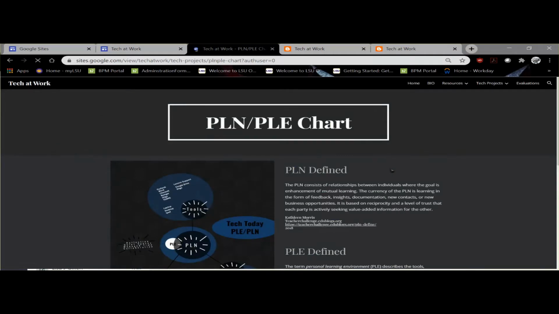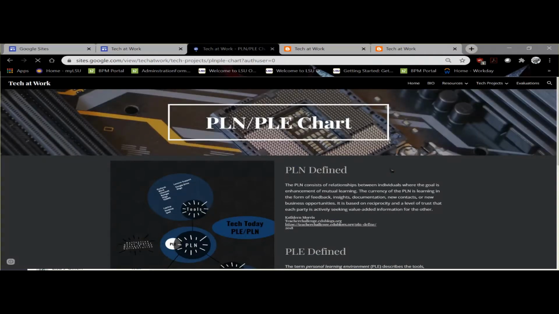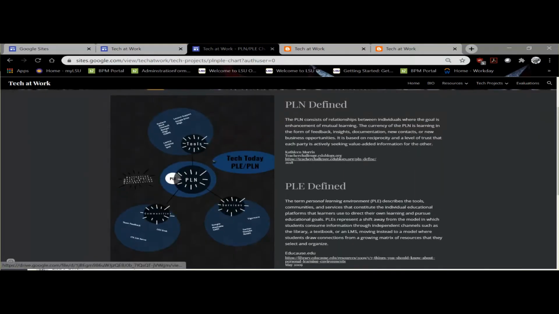I actually did a PLN PLE for a previous course with Dr. Monroe, and I guess it's one of those things where you kind of know your environment, you know what you use, and how you use it, but if you put it in a graphic, it does give you a real picture and sense of maybe where your strengths and weaknesses are, and maybe where some holes are in your tools or your services, or what communities you use.